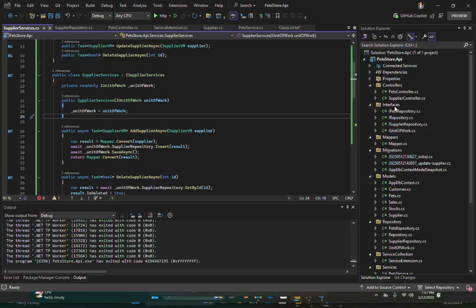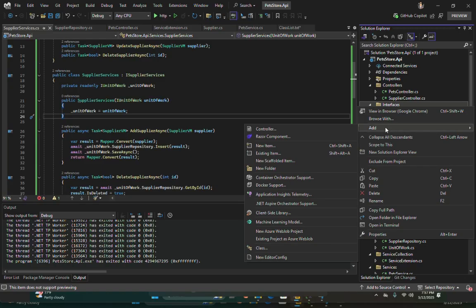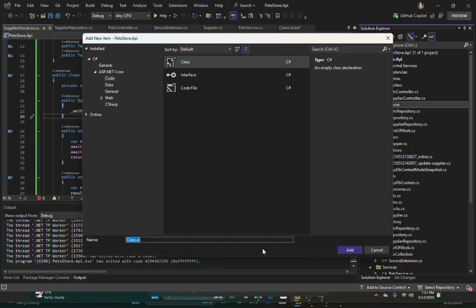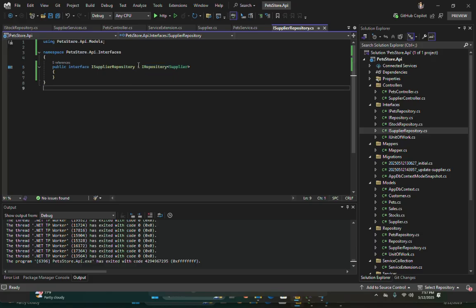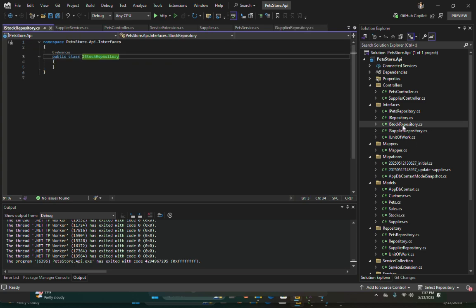So let's make, as in the supplier repository, an IStockRepository. It is going to implement, as in the supplier repository, our generic repository.